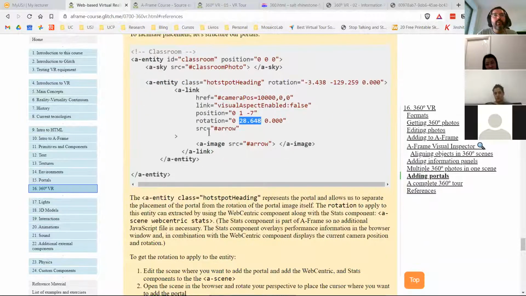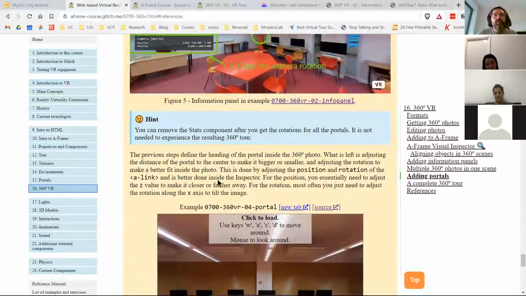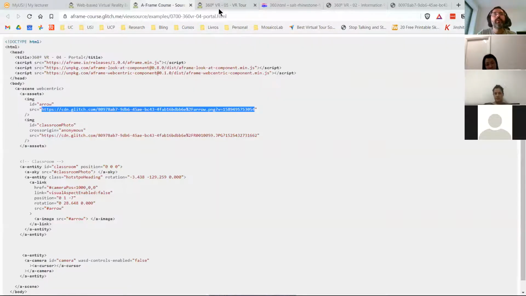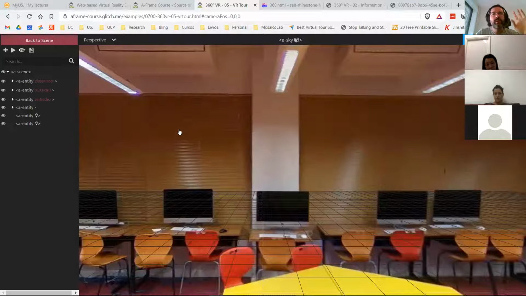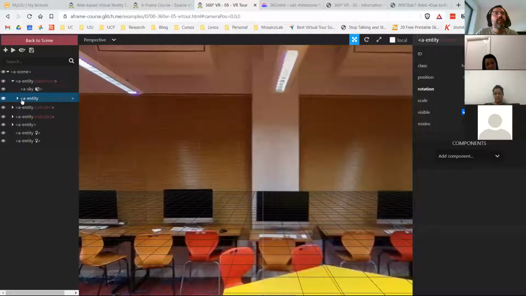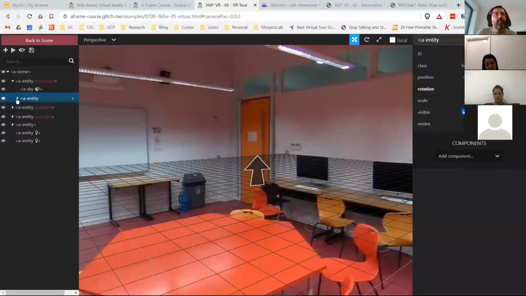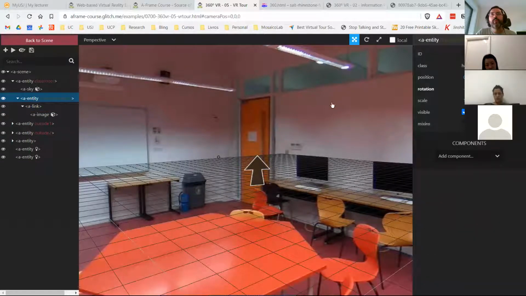Let me try to show this here in the Visual Inspector to try to make things a bit clearer, I hope. So I'm focusing on the hotspots. Let me rotate a bit here, and I'm going to open here the hotspot. And so this rotation that we have here on this hotspot,